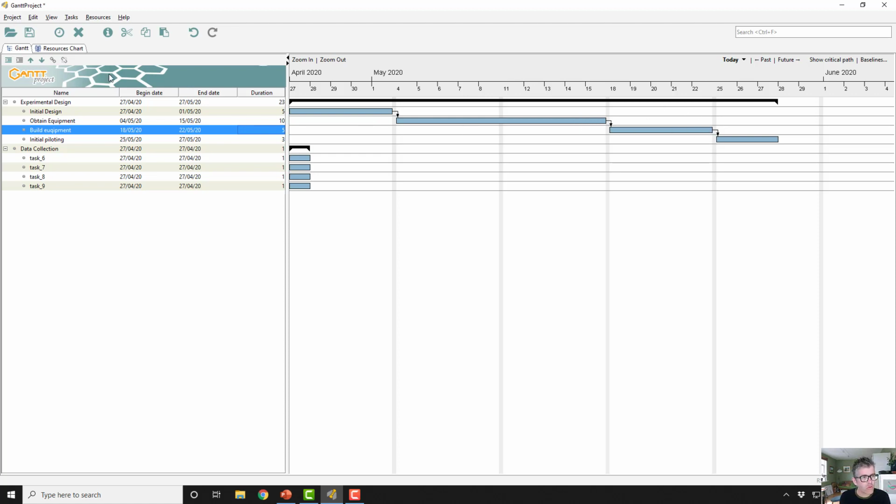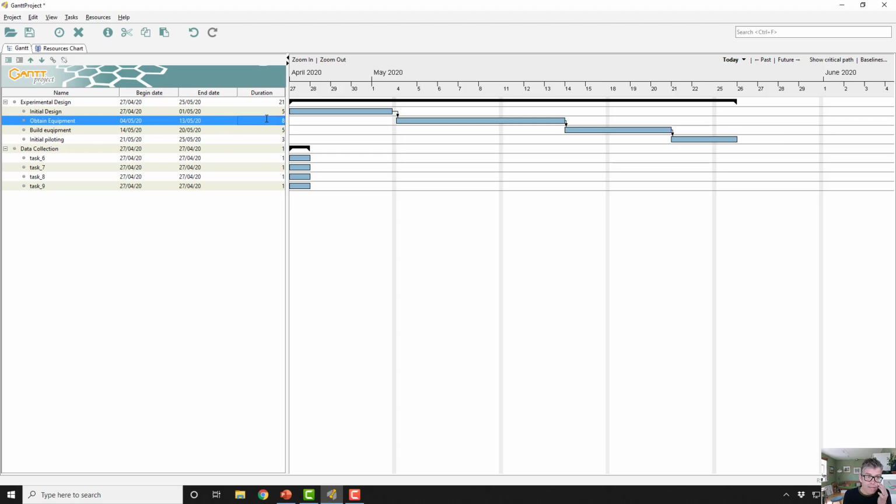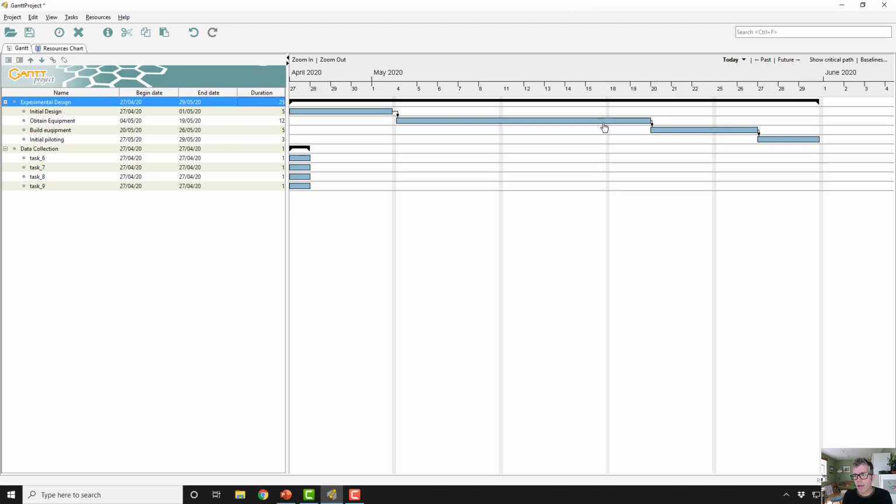software works. If we come in here, one of the great things about using project management software for doing this rather than something like Excel is that if we decide to change the time frame on a task, it's really quick and easy for that time frame to move out or be shortened, and this whole plan would update. If we then link the task of data collection to our experimental design task, then we can obviously move out this phase really easily into the future.